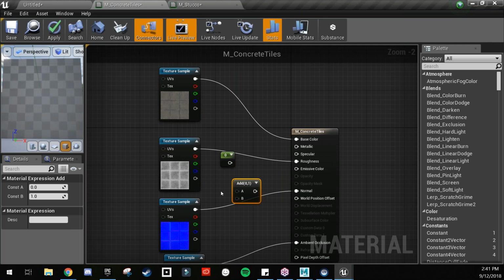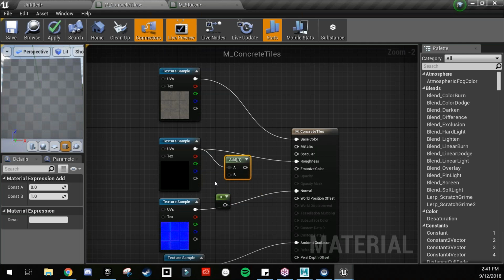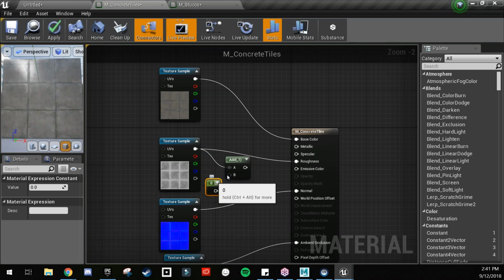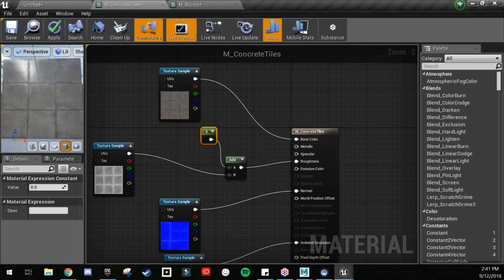This will only work with grayscale images, this process. Actually, I want to set this to B, I think. I'm going to plug this into roughness. I want you guys to see. So 0 and 1 are our parameters here. 1 is what? What do you think 1 is? It's max, right? It's max. So it's going to be very matte. So think of if this is black by default, 0 is black by default, 1 is going to be white by default, right? So if I hit enter and set that to 1,